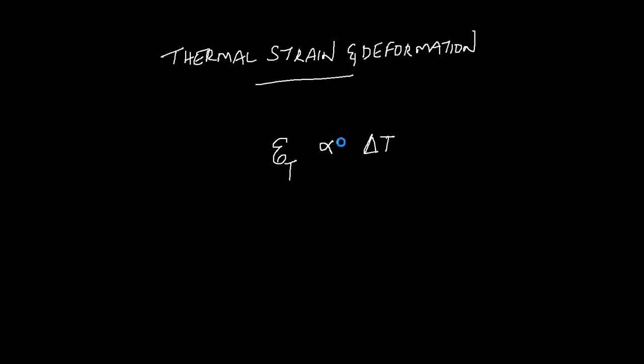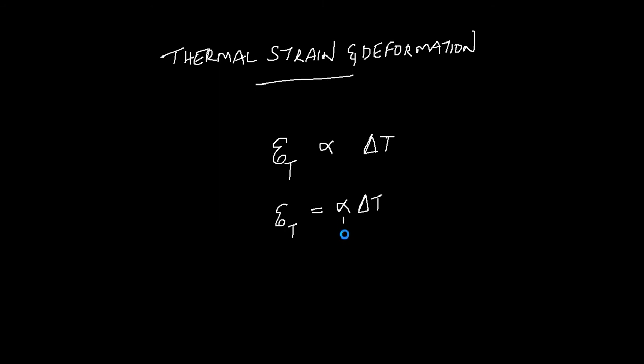And we know the proportionality can be changed into an equality, and we write it as the thermal strain, epsilon due to temperature, is equal to alpha delta T,